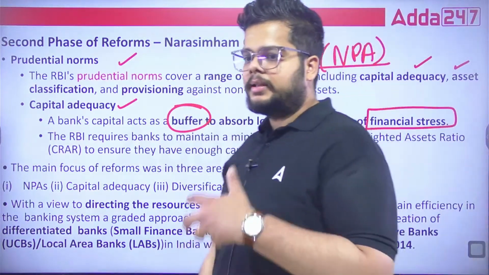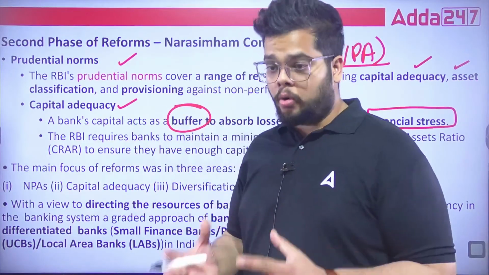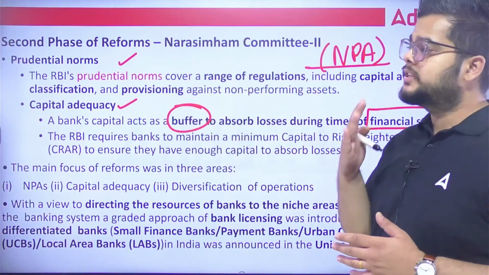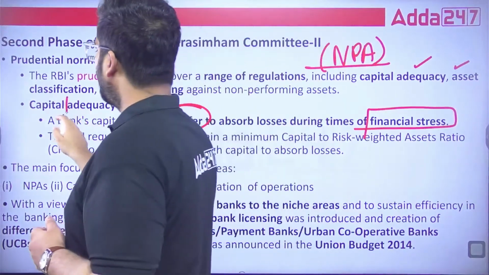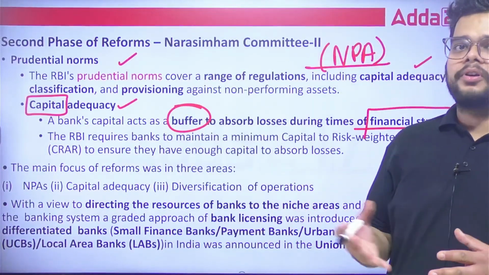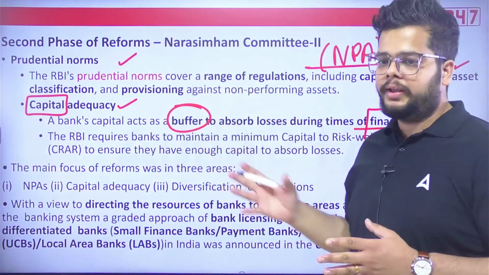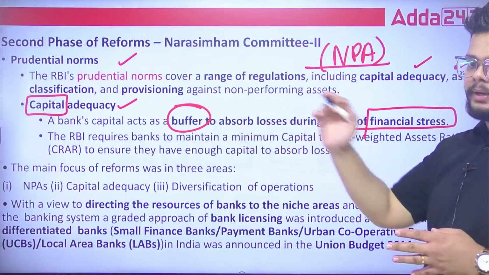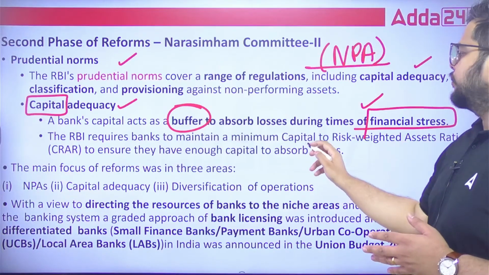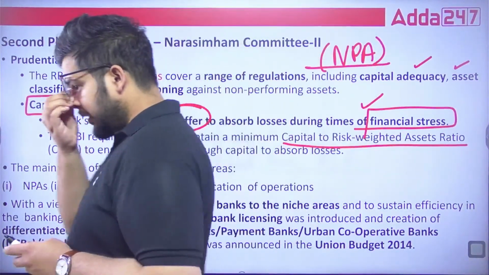So additional capital which must be present with all the banks, or you can say Indian banking system as a whole, is known as your capital adequacy. And the norms, the rules, the regulations which govern what kind of capital, how much capital each bank or the entire Indian banking system must have to cover up for the financial losses is known as capital adequacy norms. What kind of ratio is involved here while calculating the minimum capital which a bank must have with it for this financial stress? It is known as capital to risk weighted asset ratio, CRAR. Fine. So a very important ratio, I would say.